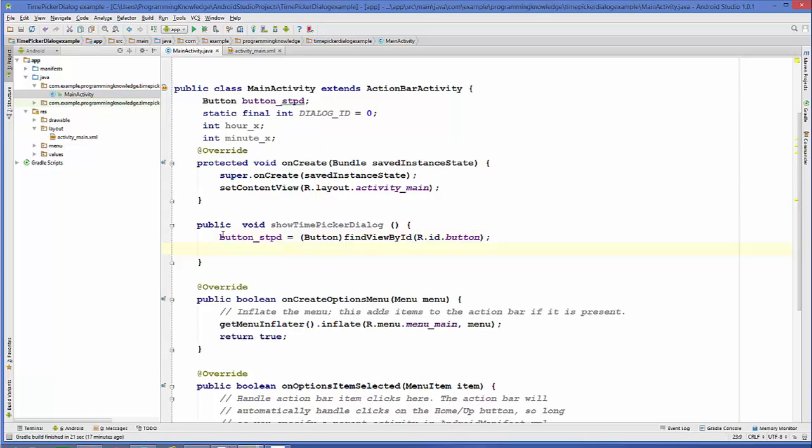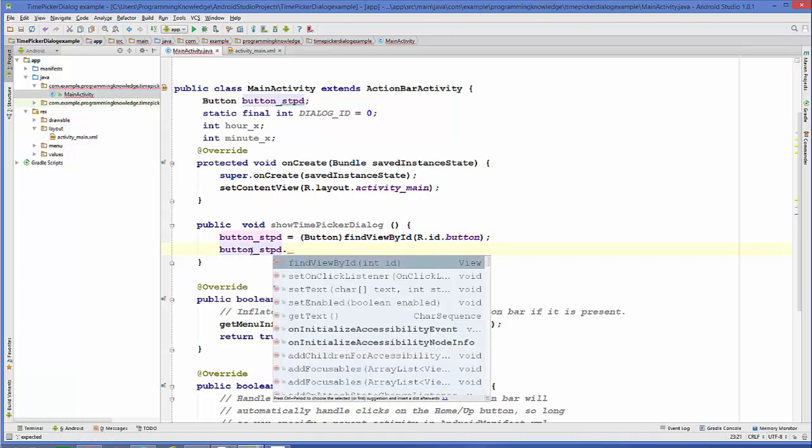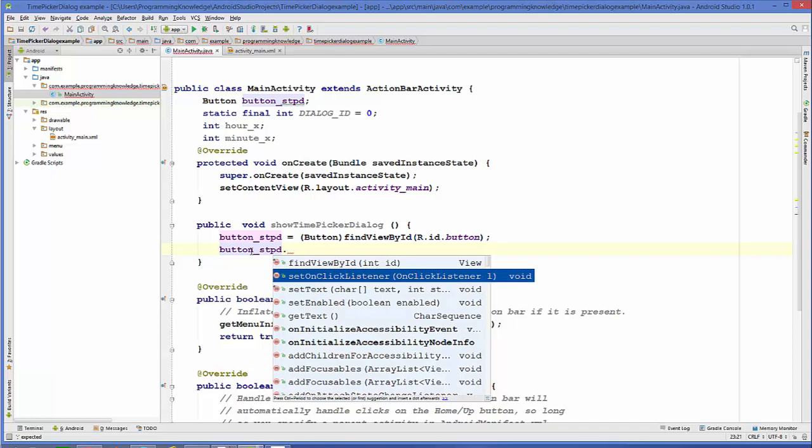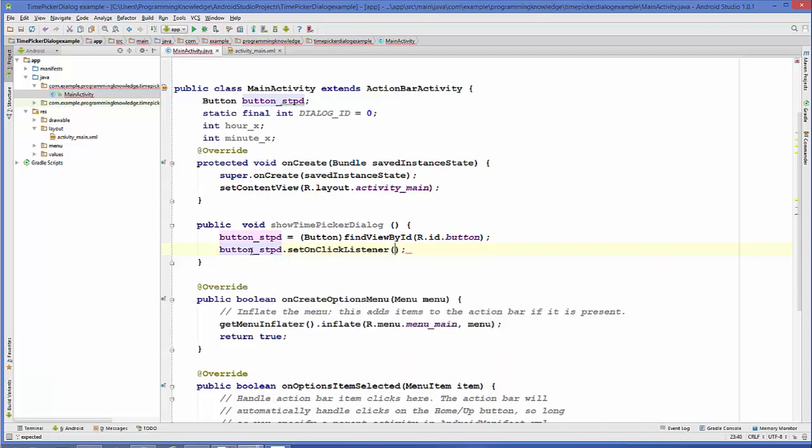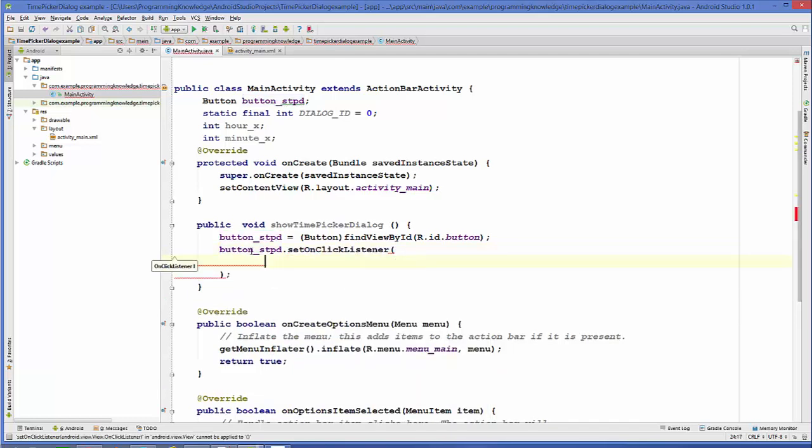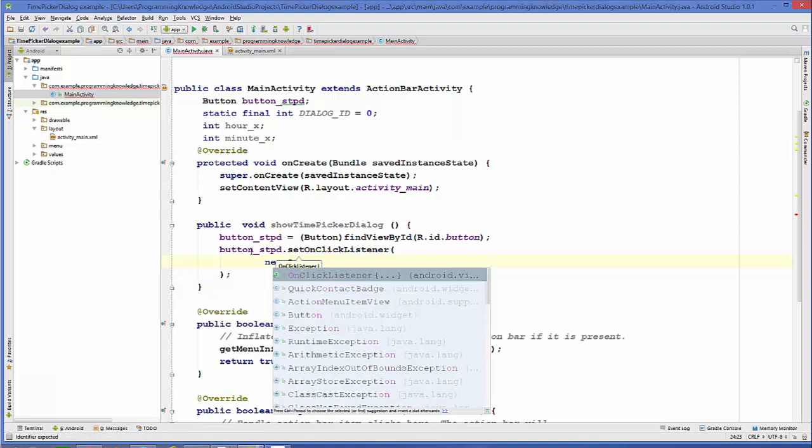Now once you have casted your button, you can use this button object to call set on click method. Okay, so set on click listener on the button object, and inside the set on click method we can use new on click listener.